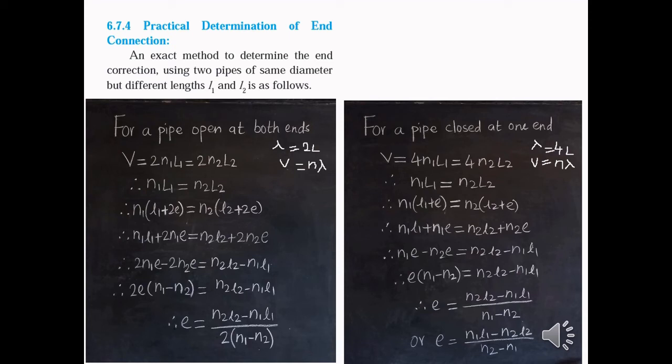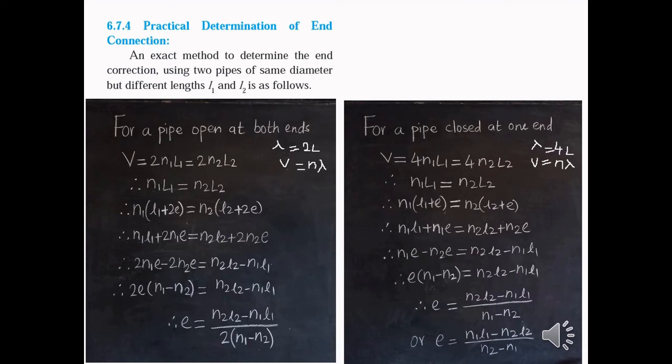But there are some limitations of end correction. The inner diameter of the tube must be uniform throughout its length. When we consider the end correction, the effect of flow of air outside the tube is to be neglected. Also, the effect of temperature of air outside is to be neglected. And the tip of the prong of the vibrating tuning fork must be held horizontally, that is perpendicular to the tube at the center and at a small distance above the open end of the tube.